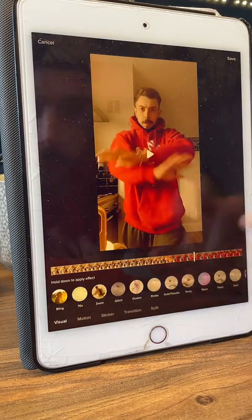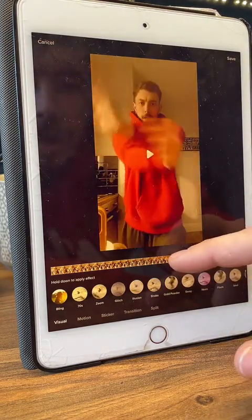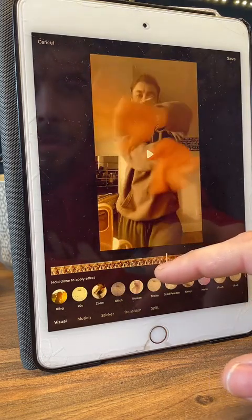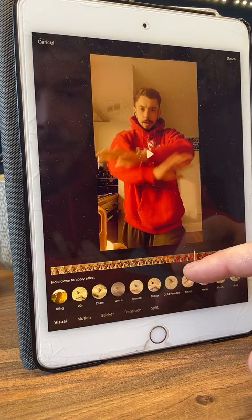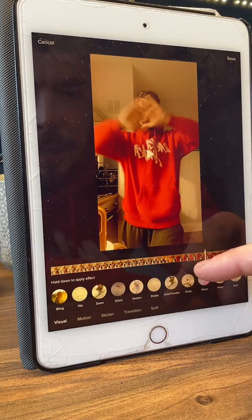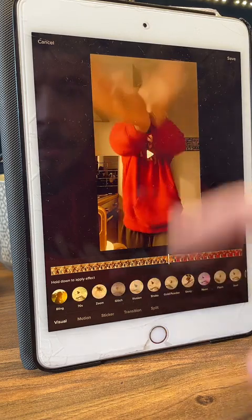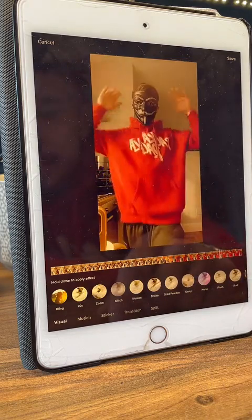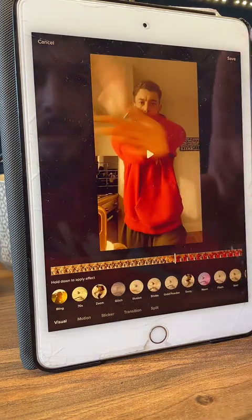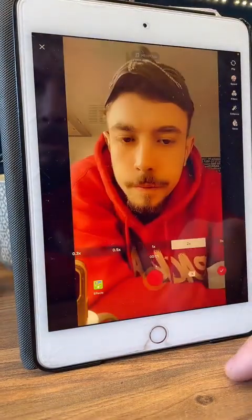Right, so it's alright, but the issue that I see is that this part of me here, I'm slowly moving backwards, and then this one, I'm kind of forward and I'm completely still. So I don't know if any of you can see that, but I can. So I'm just going to